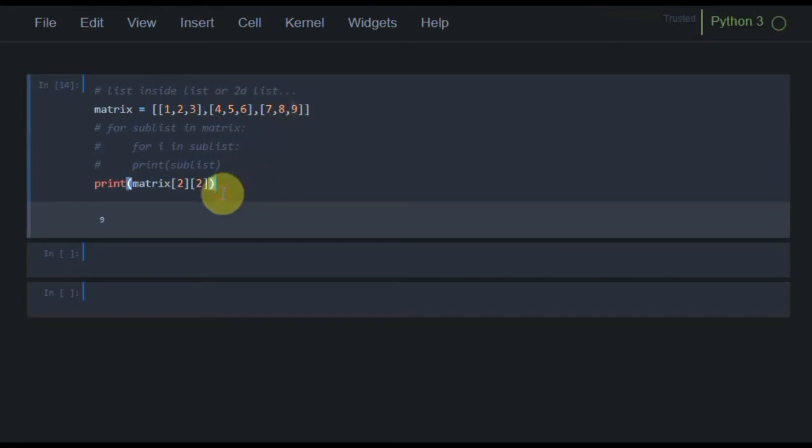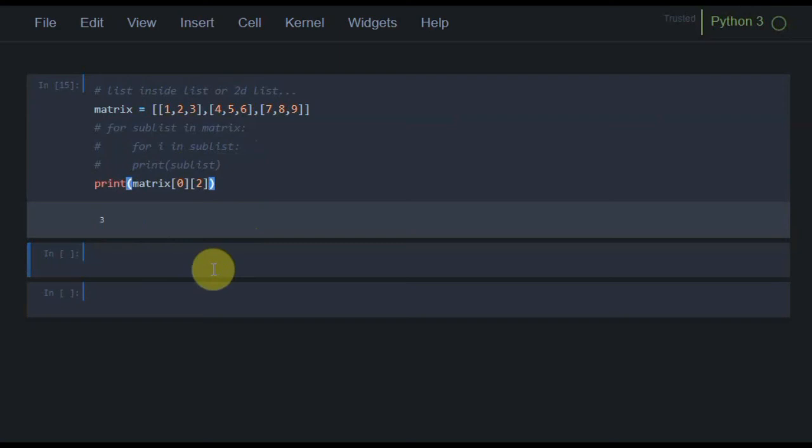So we can also directly print 3 here. How can I print 3? 3 is in our 0 sublist, so I can use 0, and then 2, and then run this program. You can see here 3 is at output. By using this method, we can print each and every element at the output.